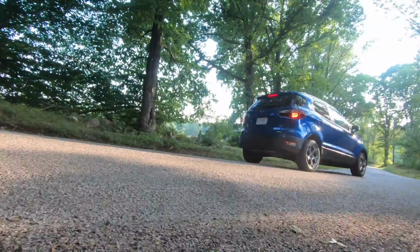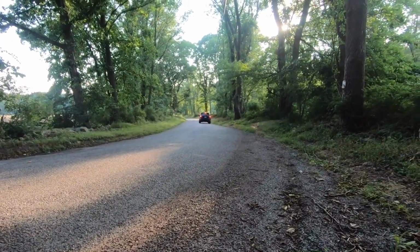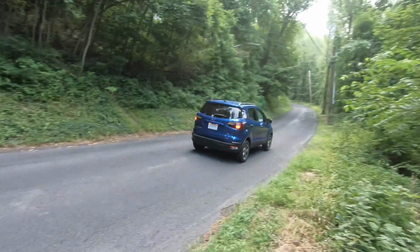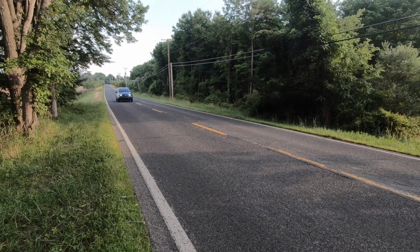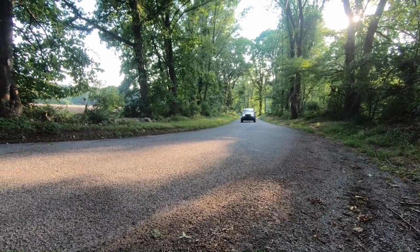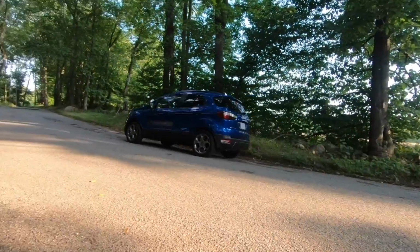You can drive a little bit more spiritedly. You can have a little bit of fun in this car. And it's got room for stuff. And it's got room for people. I mean, okay, so it's not exactly my particular brand of vodka. But if I was in a situation where I needed a car like this, say I lived in a more urban area, say I needed the space, say I wanted the comfort of sitting up high and all that, I wouldn't be completely crushed. My soul would still be intact a little bit, just because I could have a little